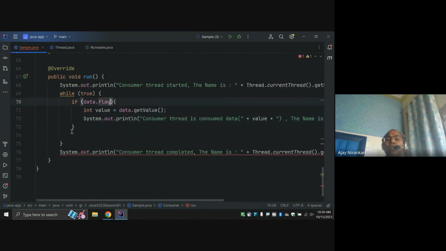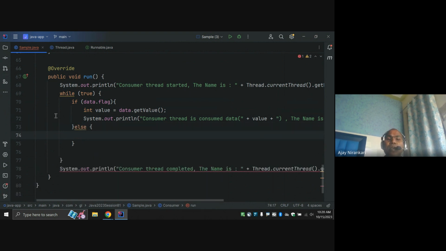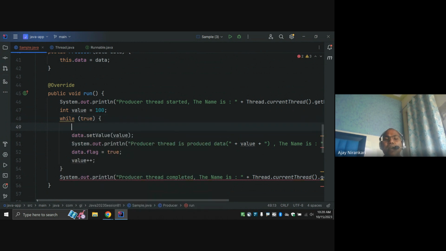If flag is true, I'm going to read data, and after reading I have to inform. Else I have to say, hey, this flag is equal to false, right? So here I read data. Once reading is done, if I'm not reading, it's false. False means here the producer says it's false. Here also write this code, and true always runs. Okay, and here say